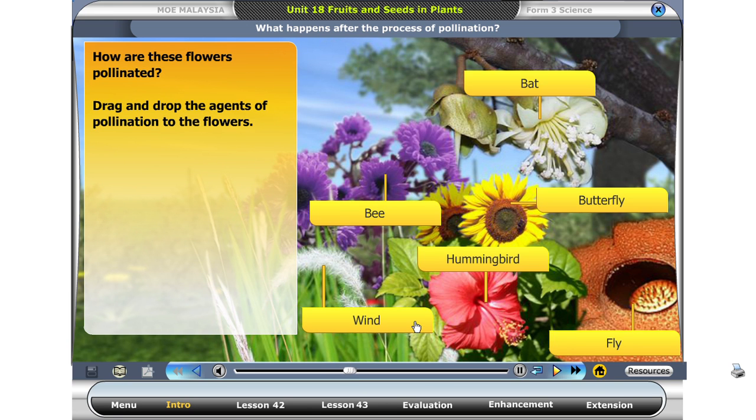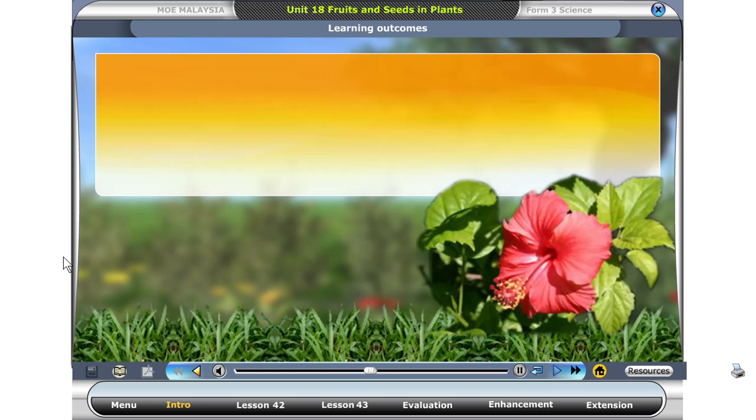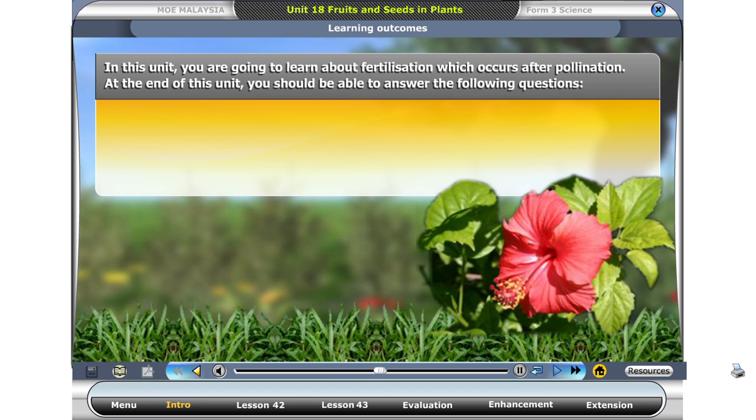Let's find out what happens after pollination. In this unit, you are going to learn about fertilization, which occurs after pollination. At the end of this unit, you should be able to answer the